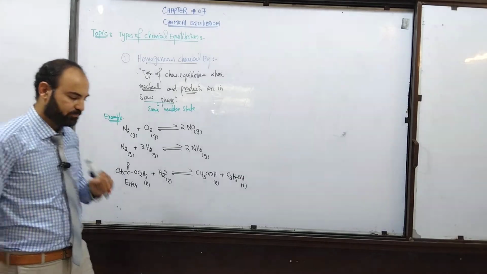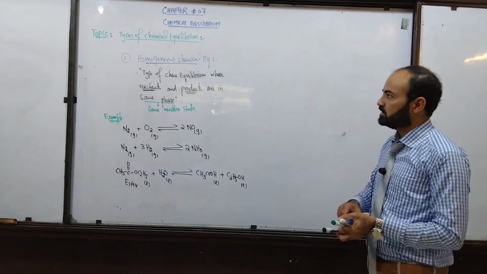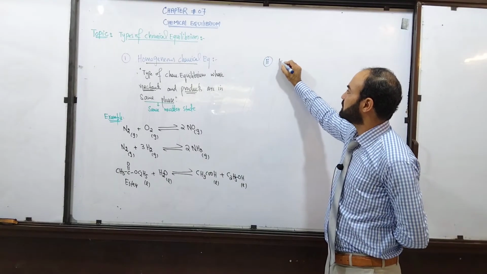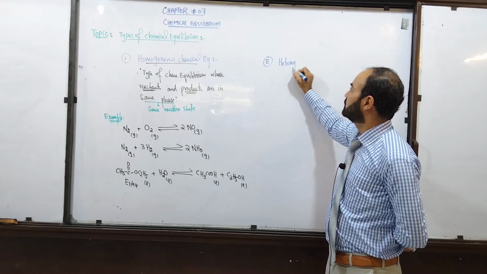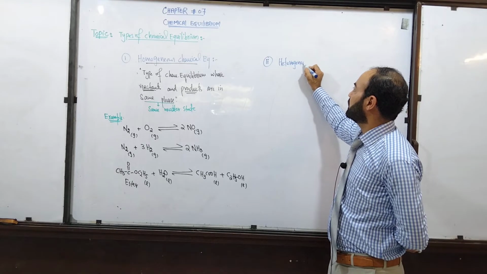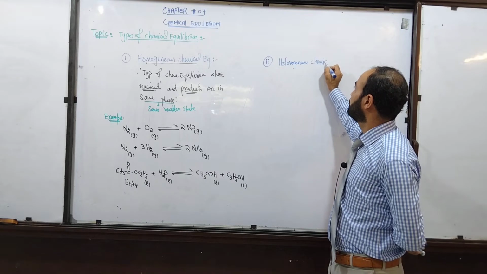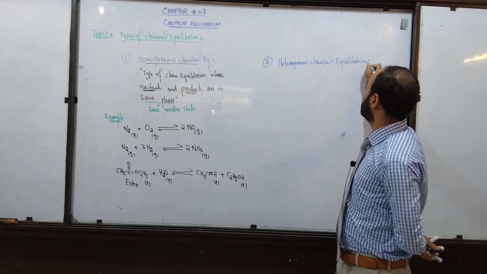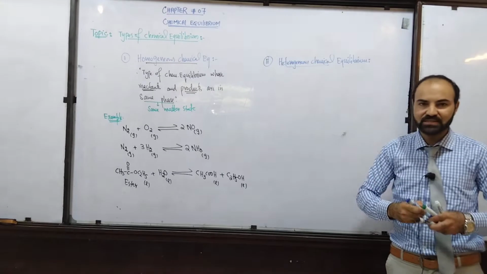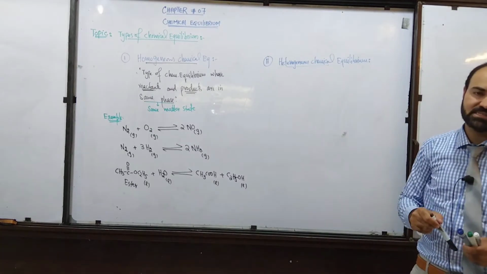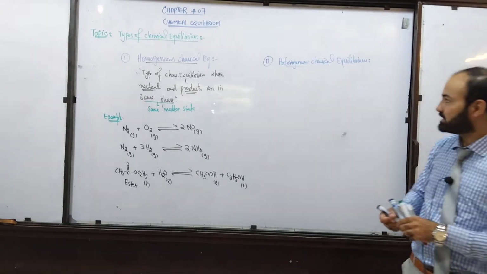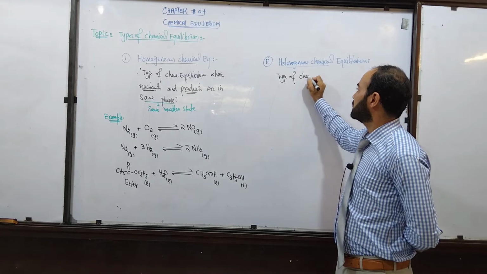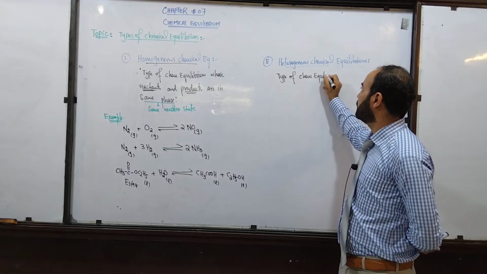Okay, is it clear? Look, the second type of chemical equilibrium is known as heterogeneous chemical equilibrium. Okay, students, what is a heterogeneous chemical equilibrium? Look, hetero means different. The genus refers to the state of matter. So I can write that this is a type of chemical equilibrium